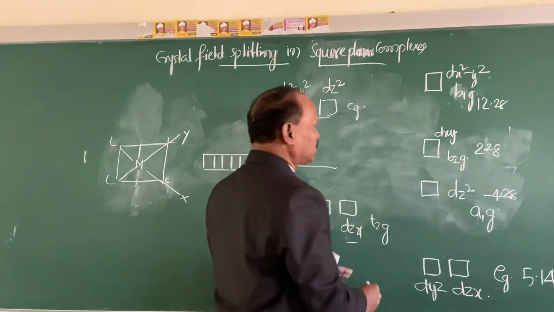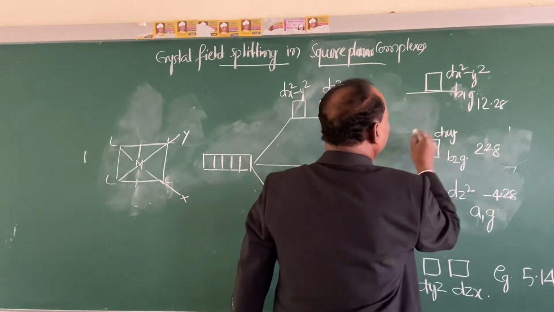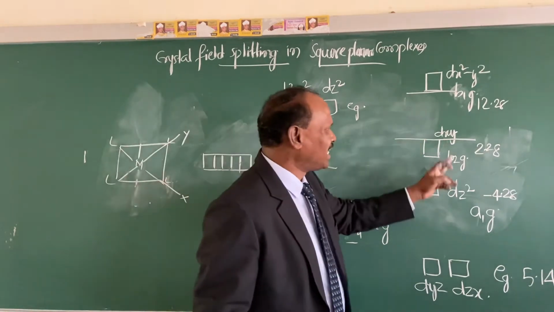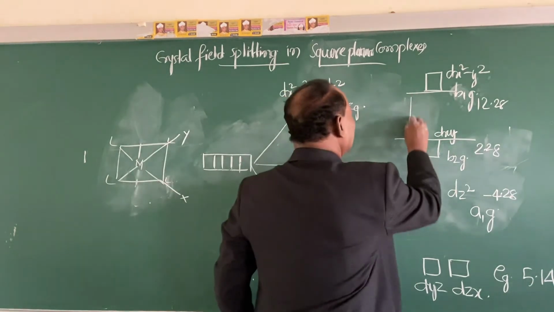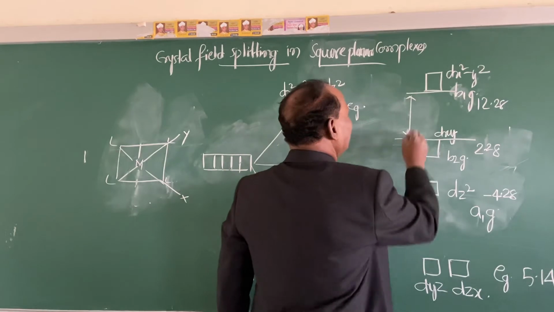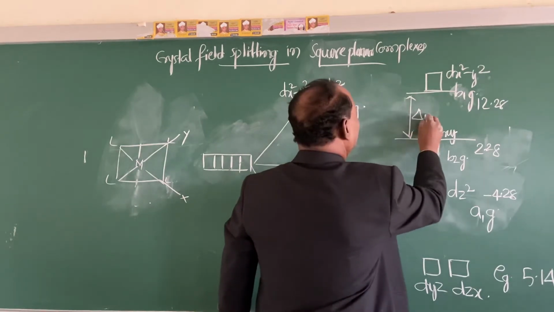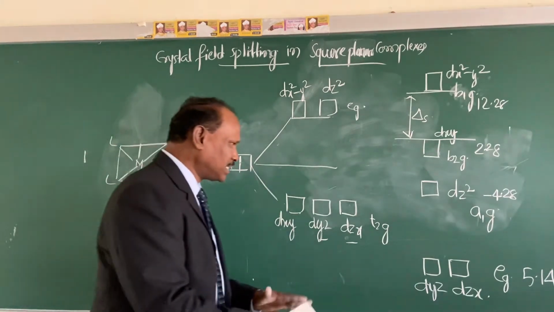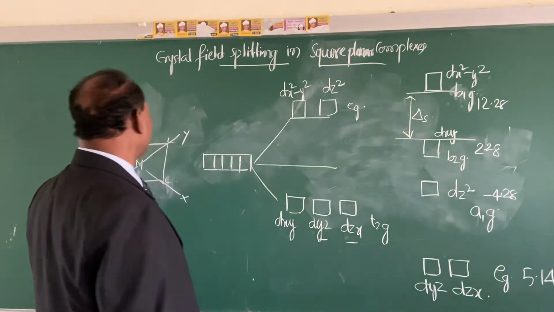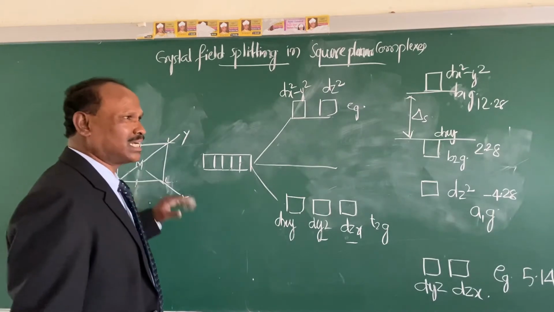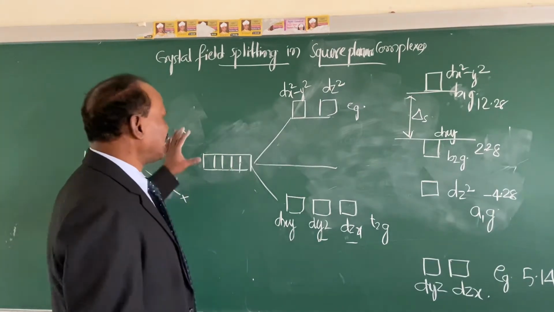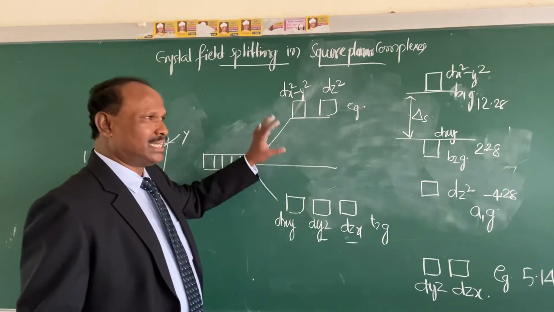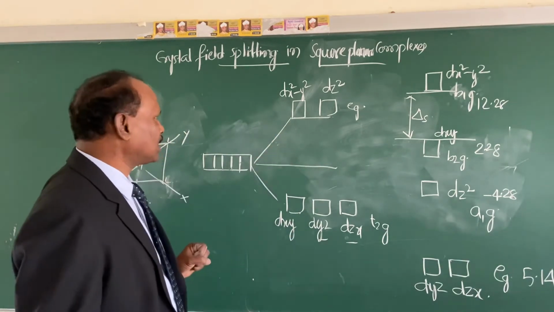This is the crystal field splitting. And the distance between these two orbitals, B1g and B2g, is nothing but the crystal field stabilization energy in case of the square planar complexes. So I repeat once again what I said. First I have taken this octahedral complex, and I have shown its octahedral splitting, the d orbitals, how they are splitting in octahedral complexes.